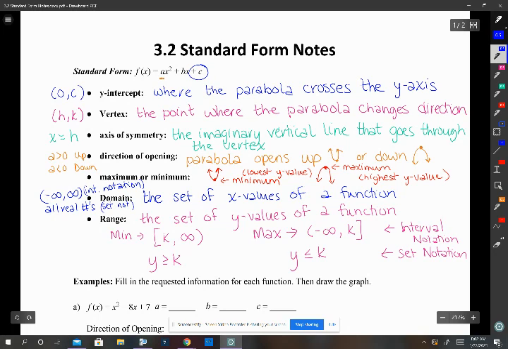All right, so all real numbers is the same thing as negative infinity to infinity, and you're just going to go with it. Just a couple other reminders. To find the vertex, remember h is equal to negative b over 2a, and then you solve for k